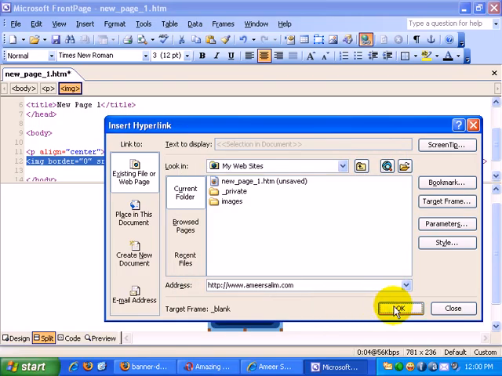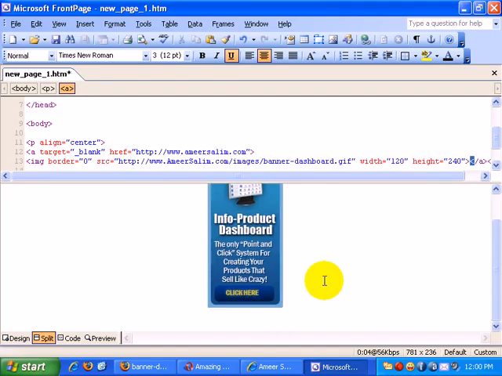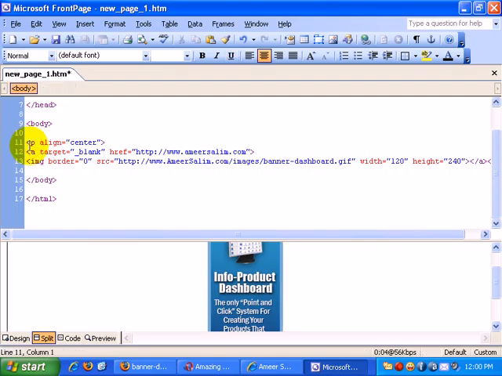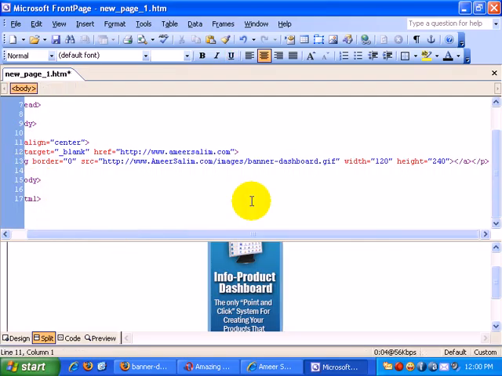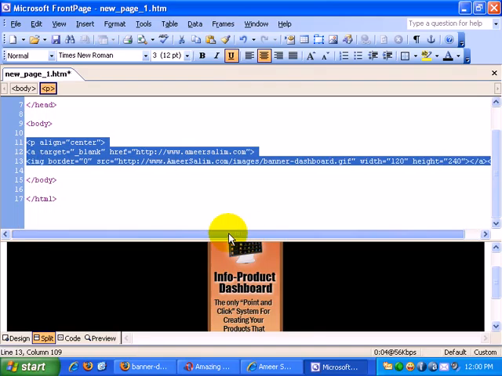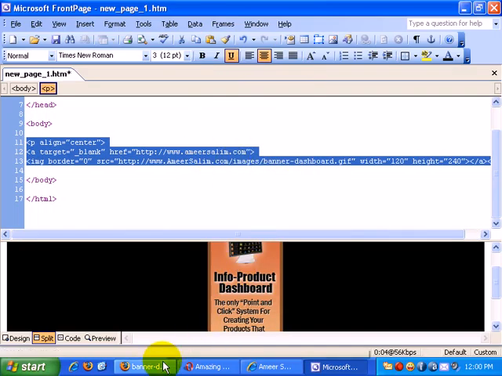and click on OK. So once I've finished this, let's go back to the code area and get the proper code. So it starts from here. You can see the P tag right until the end over here. So I'll just click on my shift button on my keyboard and click on my mouse. And once I have the code selected, I'll copy this code, right click, copy. And let's go back